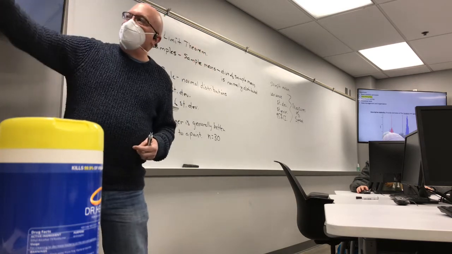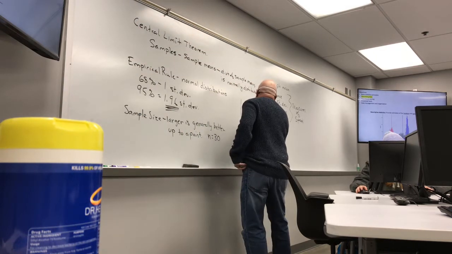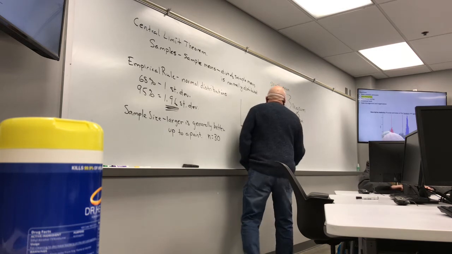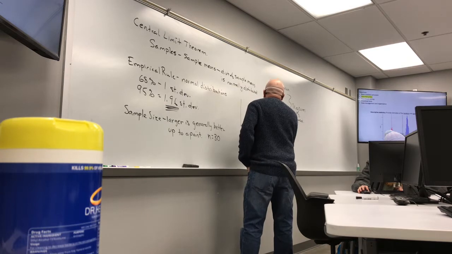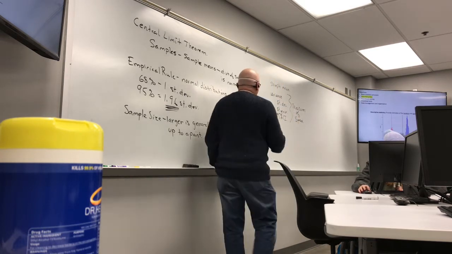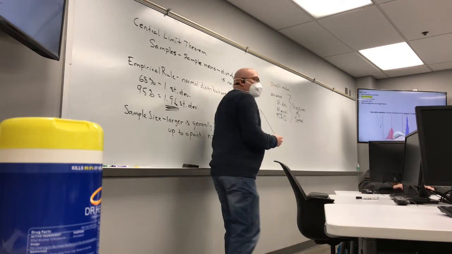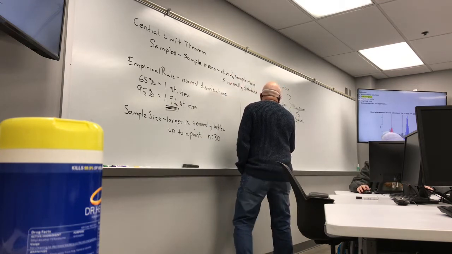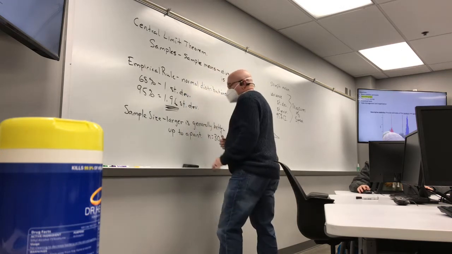So here we have the black population. Let me just draw it up here. It has a really broad distribution. If we go in here and we take 4 samples, they might correspond to the population mean or they might not. We come in and take 4 more samples. That sample mean may be way over here. Come in, take 4 more samples. The sample mean may be way over here. If, on the other hand,